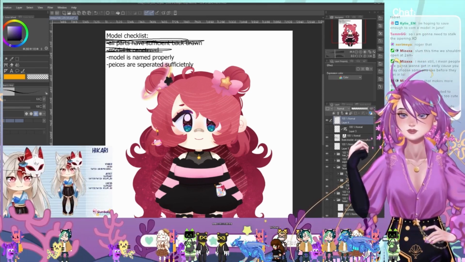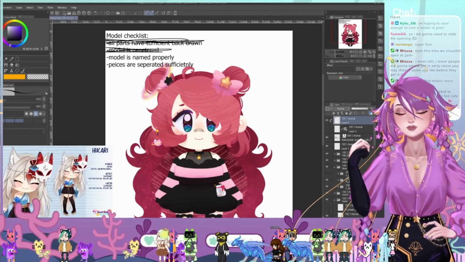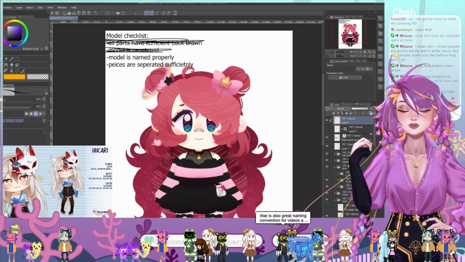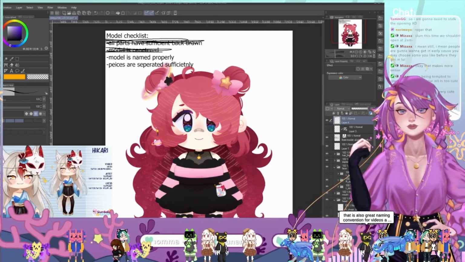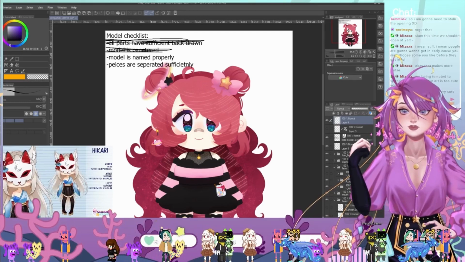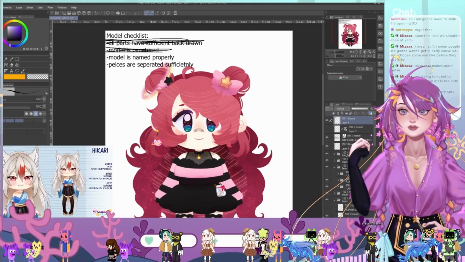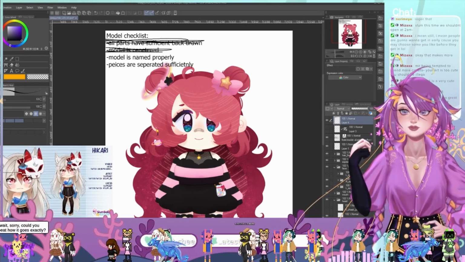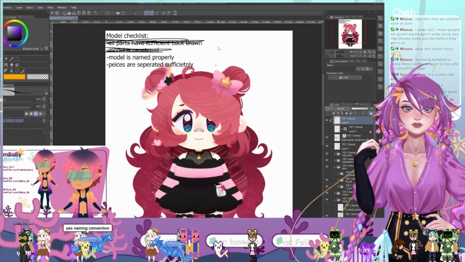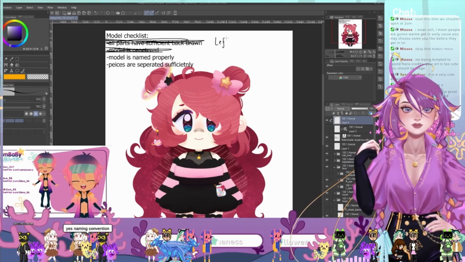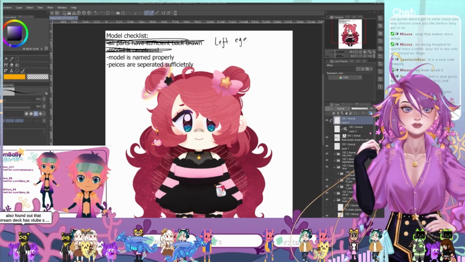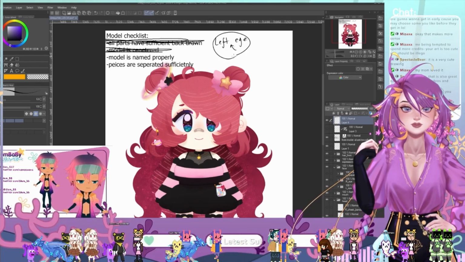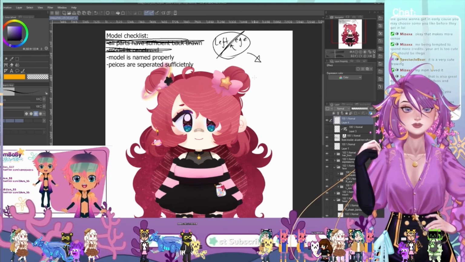And you want the part IDs to be named properly, because in VTube Studio, and I'm not sure about other programs, but VTube Studio for sure, you can use extensions to make certain parts of the model glow based on the ID, or you could do other cool stuff like glow-in-the-dark effects. But without the IDs, you can't do that. So you want the IDs. A lot of people will write "left eye" and then they'll put a space in between, like an actual computer space, but that's bad. What you want to do is put